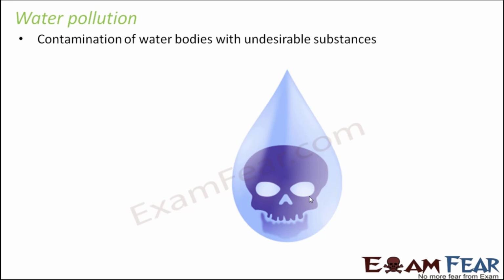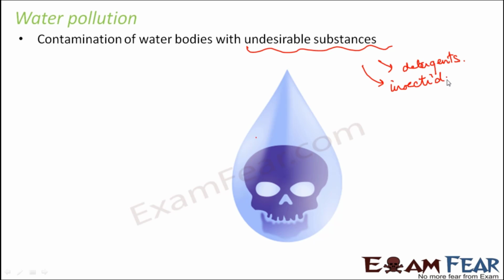So what is water pollution? Contamination of water bodies with undesirable substances. So what could be these undesirable substances? These substances could be insecticides, fertilizers, ammonia. So let me write it down. They could be detergents, which are partially soluble in water, but at the same time they are strong chemicals. It could be insecticides or pesticides, which are